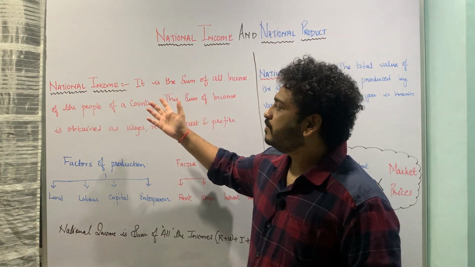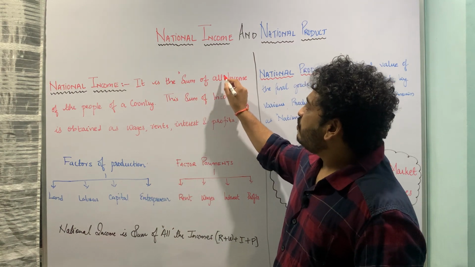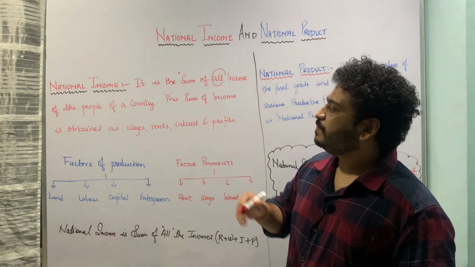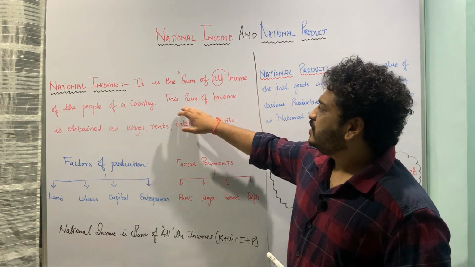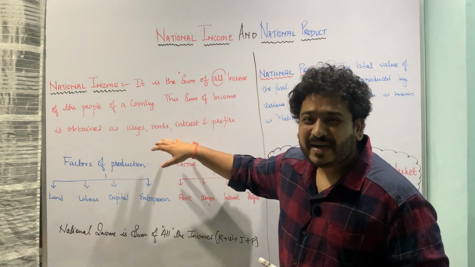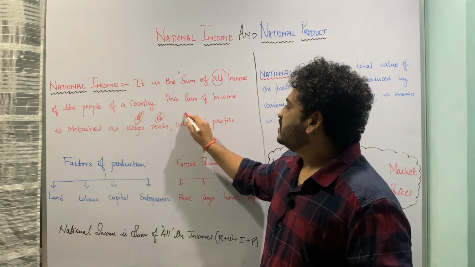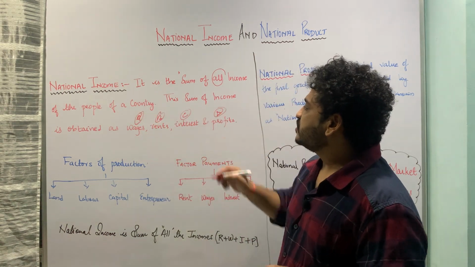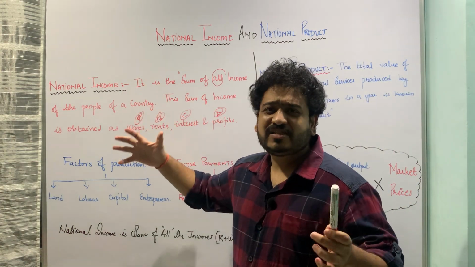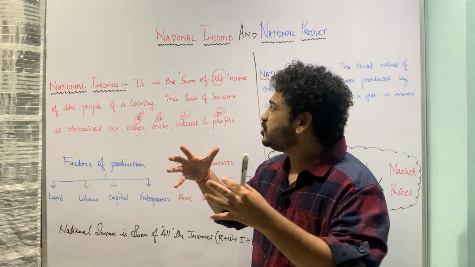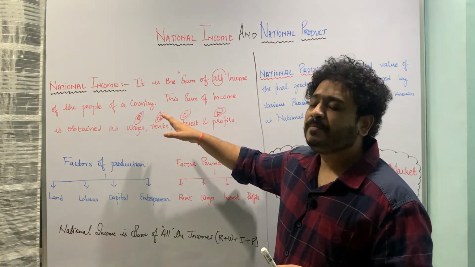So national income is defined as the sum of all income of the people of a country. Now meaning thereby this sum of income is obtained with the help of A, wages, B, rents, C, interest and D, profits. So whenever we are looking at national income, we are just aggregating. Sum means aggregation of all the incomes of the people of the country,